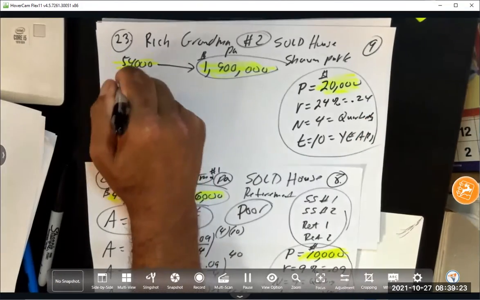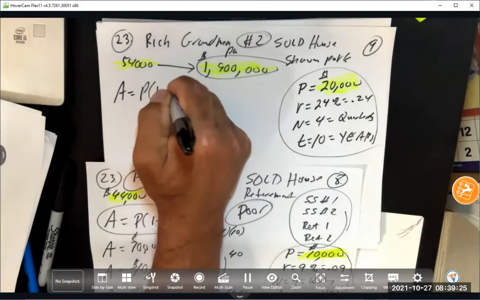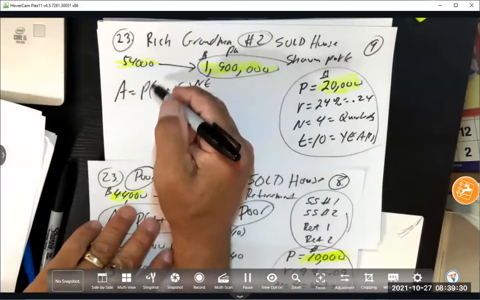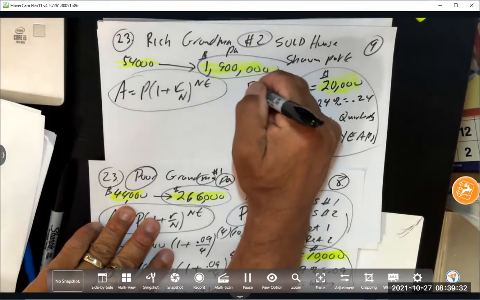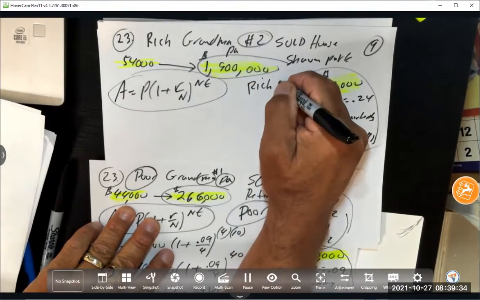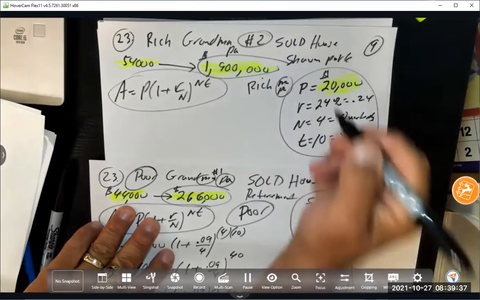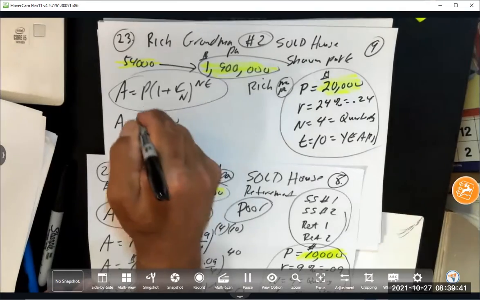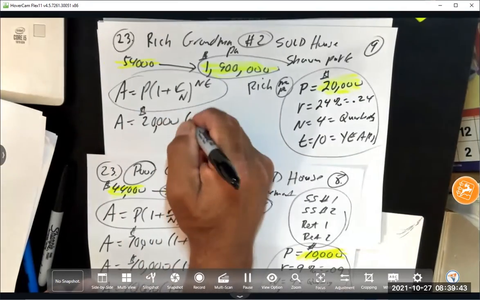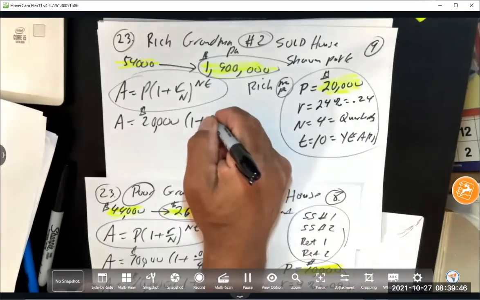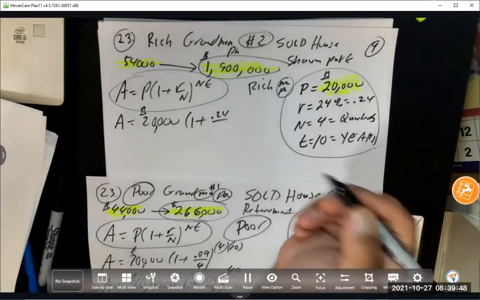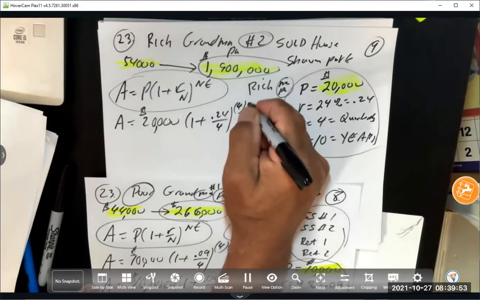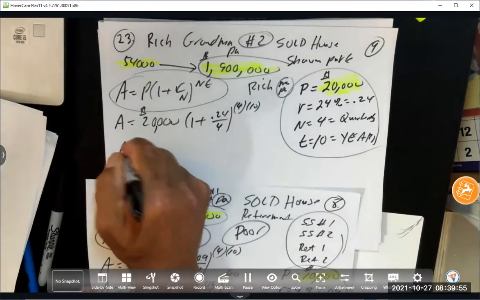Okay, so here's the formula. There we go. There's our formula again. Compound interest. Okay, this is the rich grandma and grandpa. Mom and pop. All right. So now let's put the numbers in. So it's gonna be $20,000. That's what they told me to put in. And 1 plus R. R is what? 24%. And N is what? 4. And it's still gonna be 4, and it's still gonna be 10. So I know that it's gonna be compounded